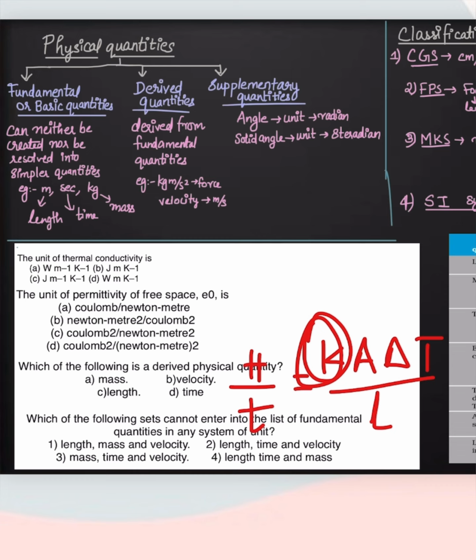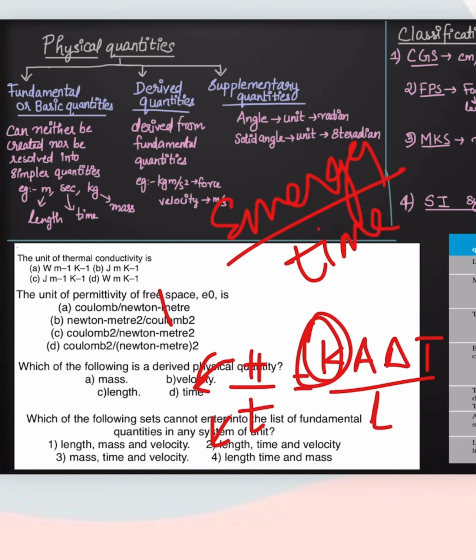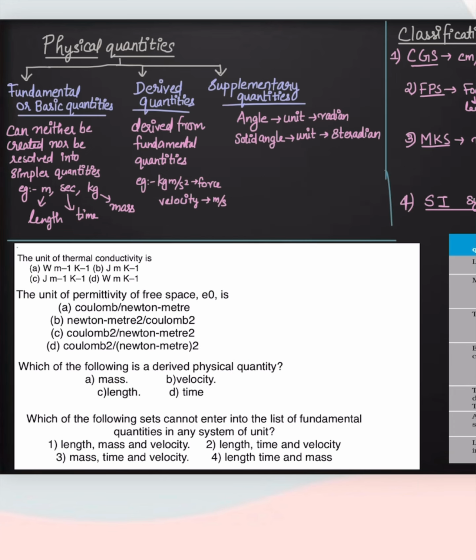The unit of H by t is the heat energy flowing per second, that is, energy in joule and time in second, so joule per second is the power. Energy per time is equal to power, right? Energy divided by time means power. The unit of power is equal to watt. So watt is equal to H by t is equal to K A delta T divided by